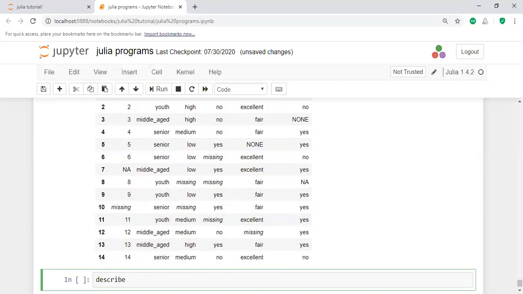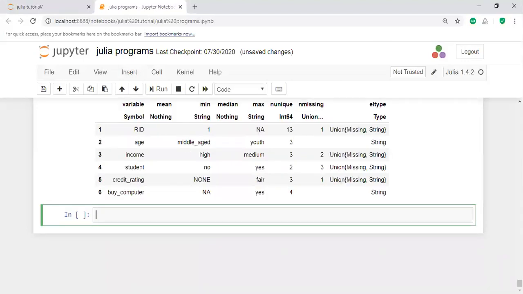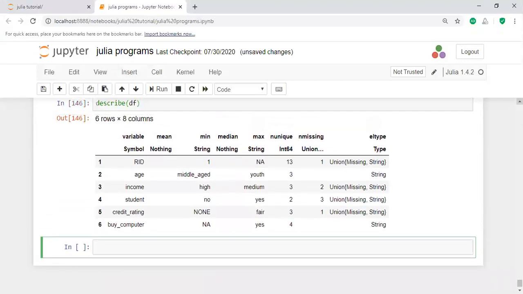For that, use describe, for example df dot describe. Then you can easily identify how many missing values there are in this data. It shows all the information, including the variables. There are 6 variables: RID, age, income, student, credit rating, and buys computer. Here are the minimum, the median, and the maximum. In some cases the first row consists of NA, which is also missing information.